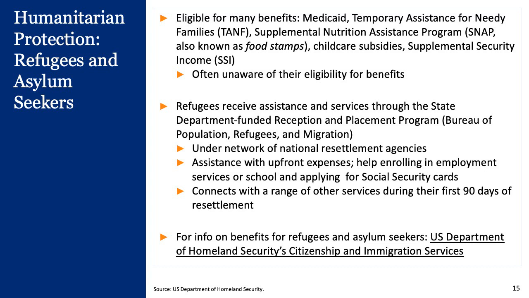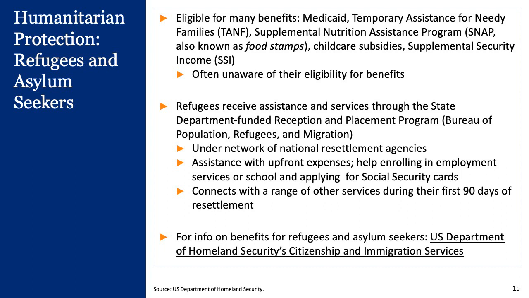Now, before moving on to select guest worker programs available to immigrants in the United States, I wanted to briefly mention a few facts about refugees and asylum seekers. Refugees include those who are unable or unwilling to return to their country of nationality due to persecution or a well-founded fear of persecution on account of race, religion, nationality, membership in a particular social group, or political opinion. While an asylum seeker is a person who meets the definition of refugee and is already present in the United States or is seeking admission at a port of entry.